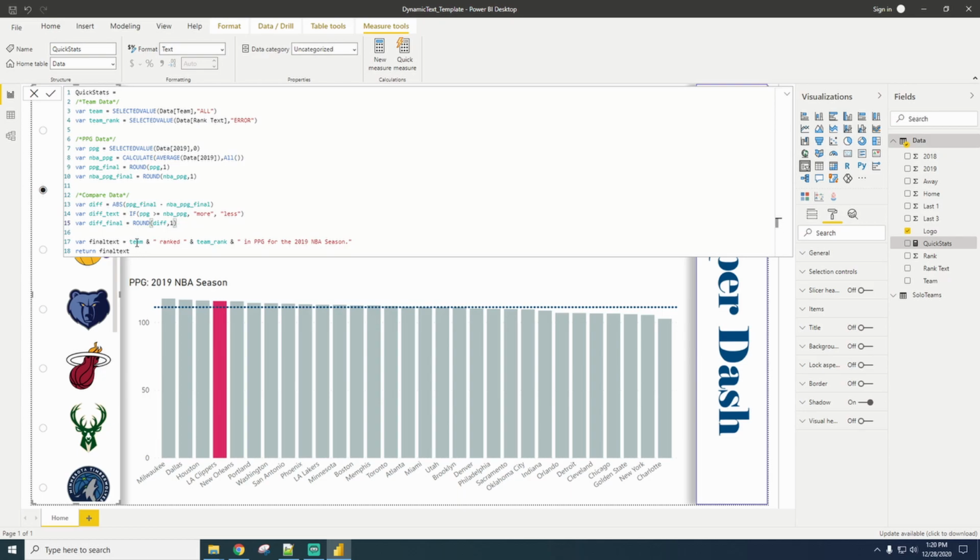Team, so let's just say Phoenix, that's my team. So Phoenix ranked 20th in points per game for the 2019 NBA season. And then we're going to bring in their points per game, their points per game final. Their 110.4 average